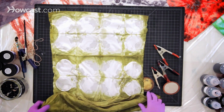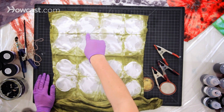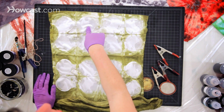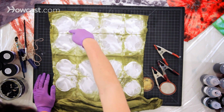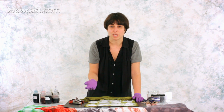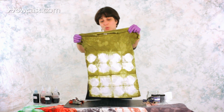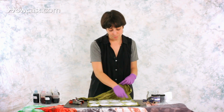The other thing that happened, which was probably my mistake for rushing, was that these center areas are actually still dry. So the dye didn't penetrate evenly around the circles because it encountered dry fabric. Next time, maybe we should soak the t-shirt for longer to make sure that it's fully wet before we dye it. But overall, I think it looks kind of cool, even though it's not a fully complete circle,